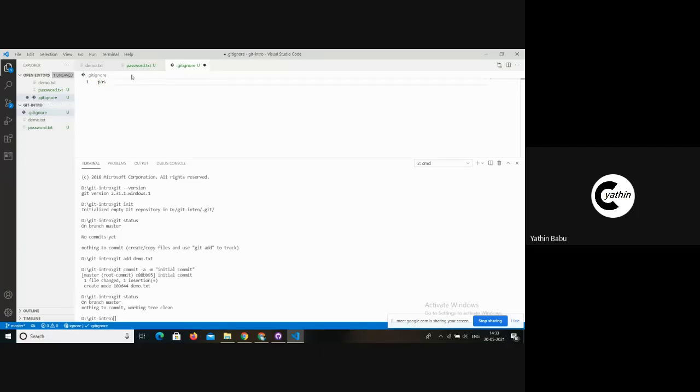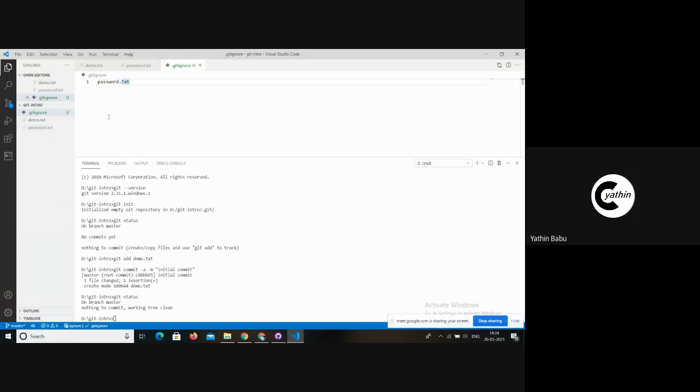As you guys can see here, as soon as I created a new file and added some content to it, it automatically got marked U, meaning untracked, as I said before. Now, as soon as I entered password.txt into the gitignore file, it got totally ignored by Git VCS.